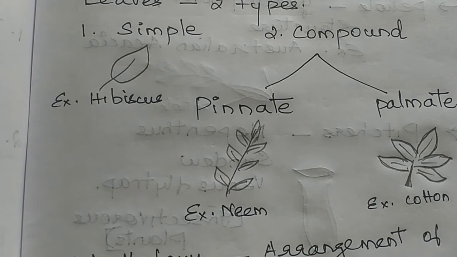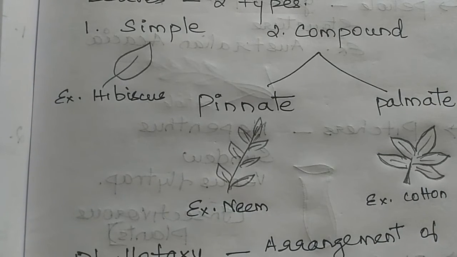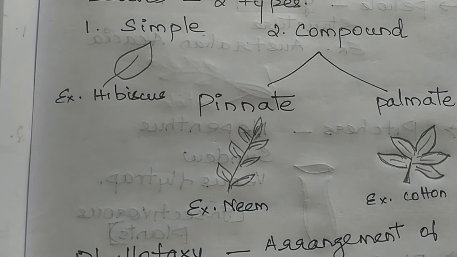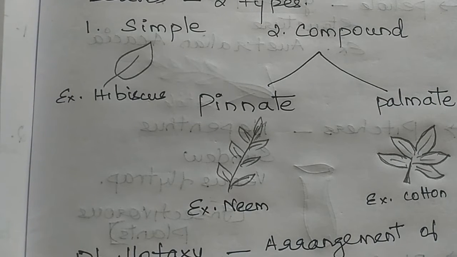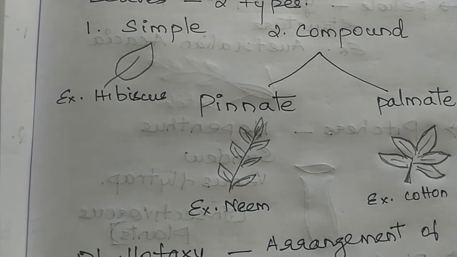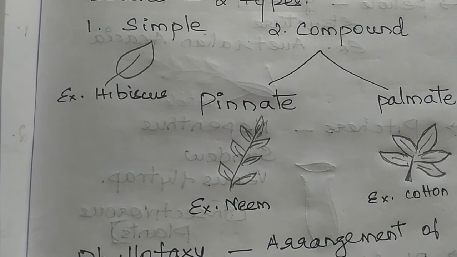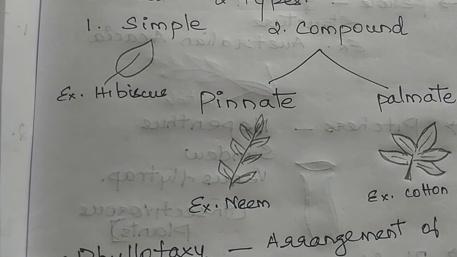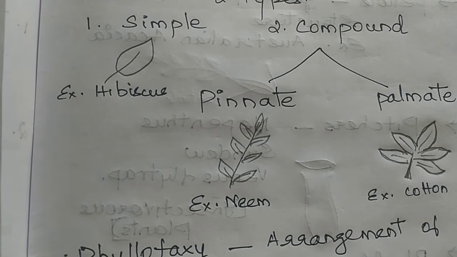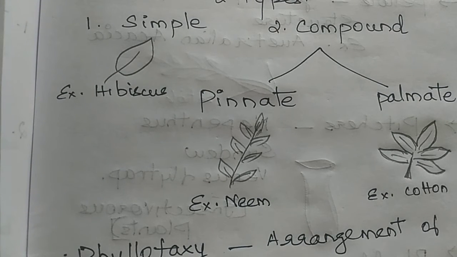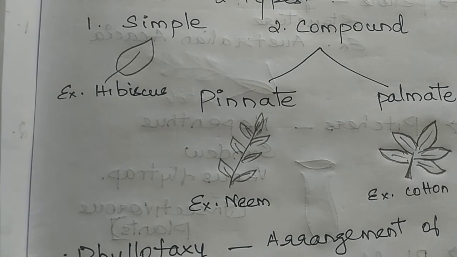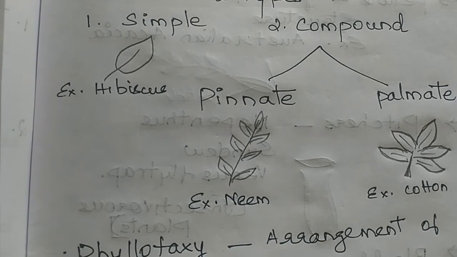And next, the leaves are of two types, namely simple leaf and compound leaf. Simple leaf, for example hibiscus. If it has stipules, you can see in the hibiscus plant stipules, small thin hair-like outgrowths at the base of the petiole. So they are known as stipules. If they have stipules, they are called stipulate, and if the leaf has a petiole, it is known as petiolate. If the petiole is absent, it is said to be sessile, S-E-S-S-I-L-E, sessile. So all these are very important terms.